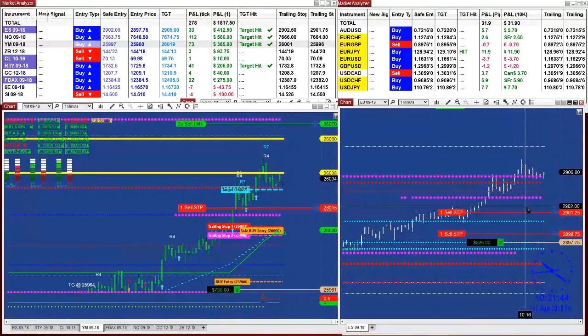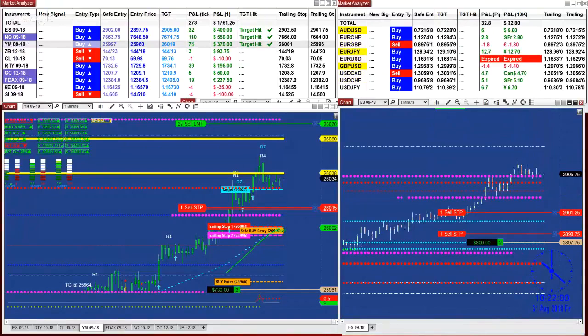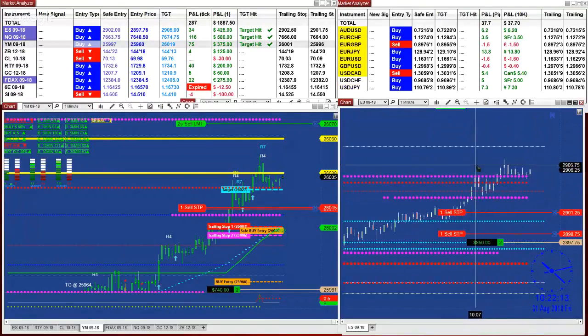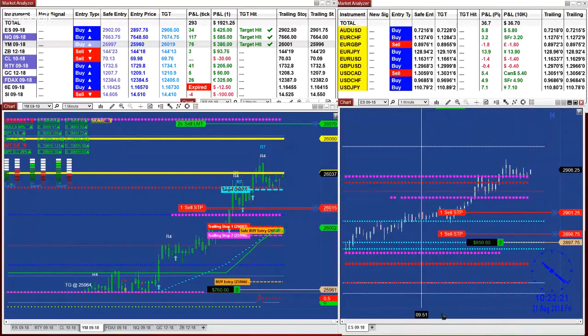That means you are no longer able to read this market because those numbers are extremely tight to each other. That indicates the probability this market will be getting caught between those channels, and this is where 99% of the retailers start losing money. However, if this market on the ES continues on the breakout, this is a very good open door for us. A breakout, we're not going to interfere with the breakout, but then this one here